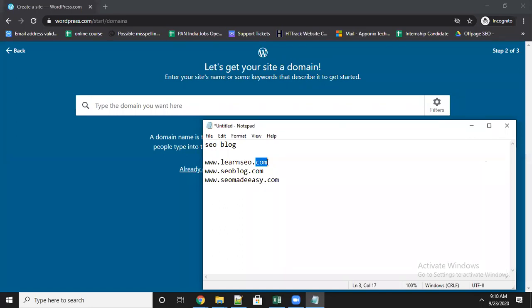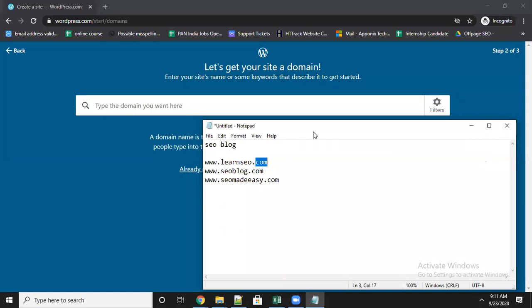Out of all the extensions, one of the most common is .com. That is called universal; people from any country can use it. There are no restrictions. .in will give the identity that it belongs to India. .com is universal and common. Always try to take .com as the first priority. If that domain is not available in .com, then you take .in, .org, that kind of extension. Now you have got the idea of a domain.